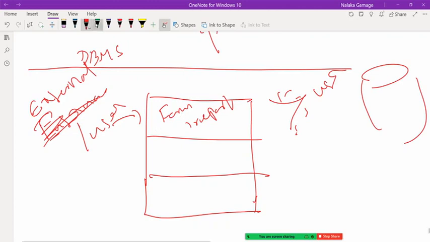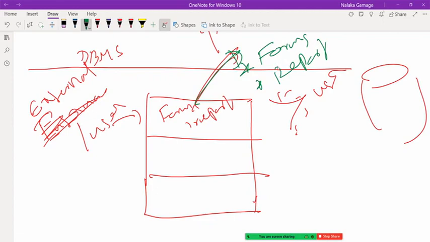So when it comes to the external or end user tier, the main concepts are forms and reports, because the end users need forms to enter data, and they need reports and some other software to generate some output. So that is called the external or the user tier. Of course the software developers develop these things, forms, reports, etc. as part of the software. Then we have the